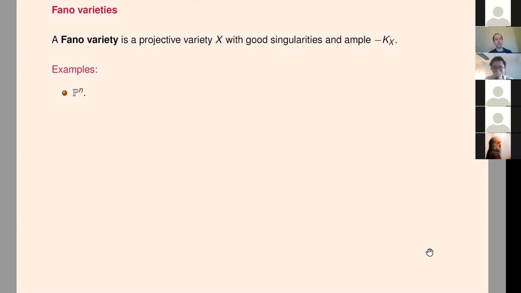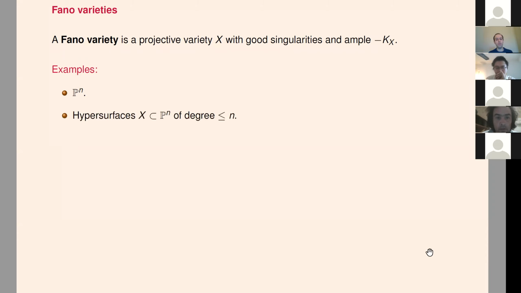Now, let's look at some examples. The most basic example of a Fano variety is just projective space. In a way, it has a very simple global geometry if you just focus on P^n itself. But of course, if you look at its subvarieties, then everything becomes complicated. And also, if you look at how P^n is related to itself, for example, if you study maps from P^n to P^n, then again everything becomes quite complicated. But individually, P^n itself is quite a simple kind of Fano variety.